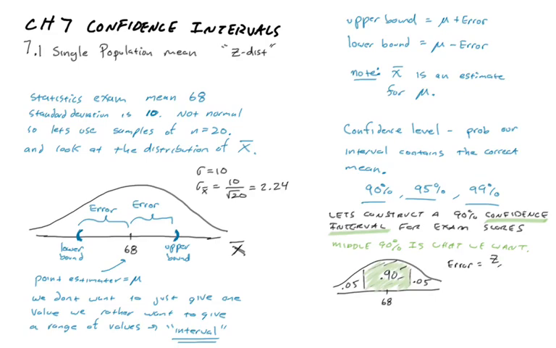There's my middle part. And my error is actually given by Z alpha half, which is just a Z-score that corresponds to the area on the outskirts here. So let me just finish writing this. And we're going to multiply that by sigma divided by the square root of n, that's the standard error. So alpha